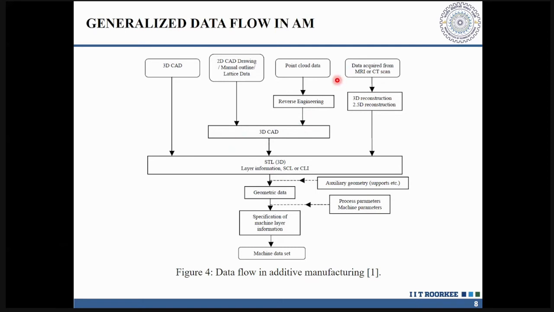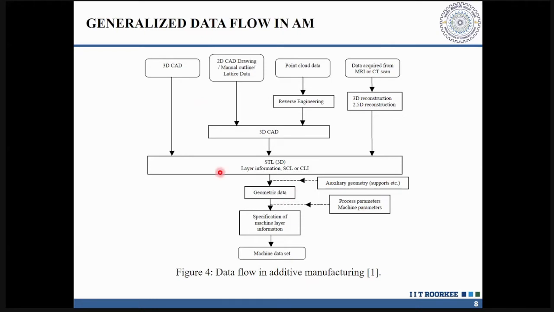But in the examples that I showed you earlier, like of the pelvic caudal and the brain, there we use MRI or CT scan data to convert it into a 3D construction and then save it as a .stl file. So whether you are working on any biomedical product, any natural product, or any artificial product that you want to manufacture, you have to go for 3D to STL, 2D to 3D to STL, point cloud to 3D to STL, or MRI to 3D to STL. You have to land in the STL file, and then the process is very easy.